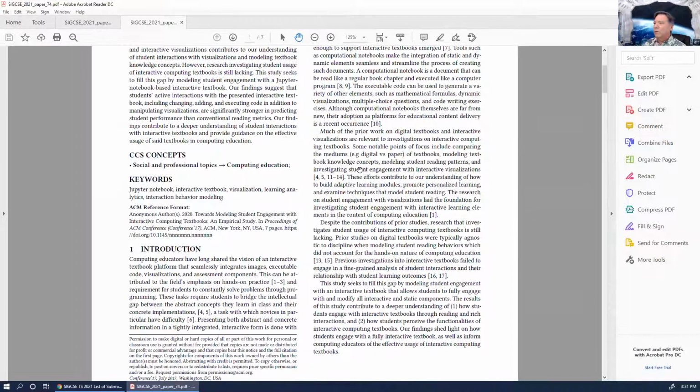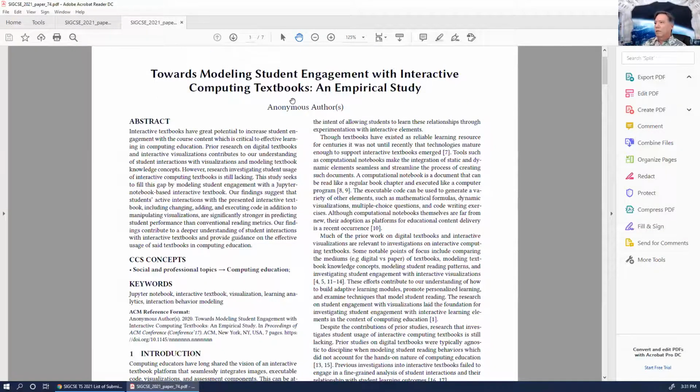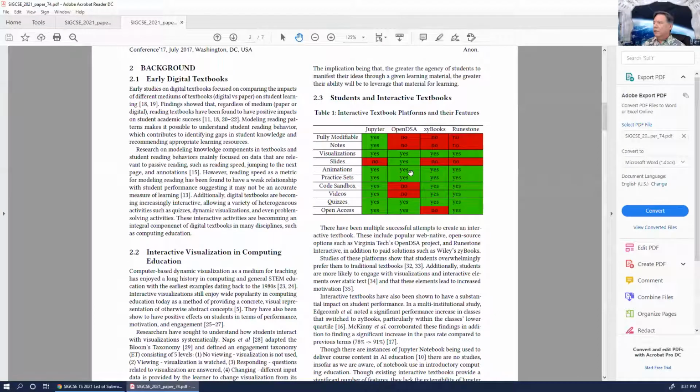So we are using an interactive computing textbook. Here's a list of some of the interactive computing textbooks, and Zybooks is one of them. What's great about Zybooks is the interactive part, where there are visualizations. There's not really slides, but there are animations and practice sets. You're able to write your own code and execute it, and you take some quizzes and so on. Their test was using this Jupyter system where you can put in code from scratch. With Zybooks, you can't really put in code from scratch, but